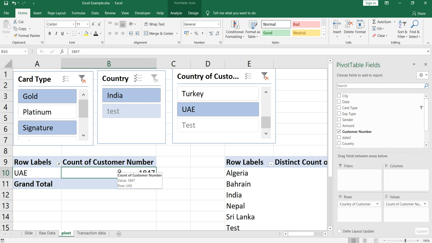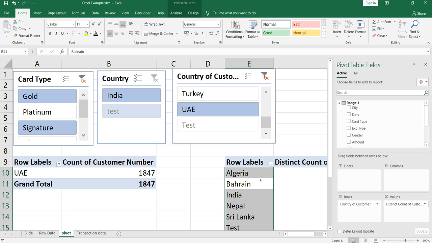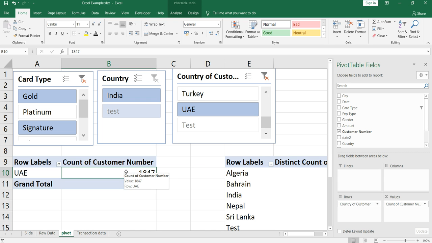The reason is that this pivot table has another data source, while this pivot table is coming from another data source. So once you create a pivot table, you will be able to add slicers into it, and based on your requirement you can filter out the data. So it's the advanced version of filtration.